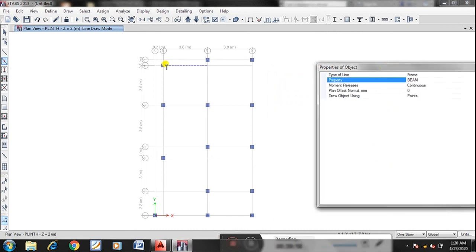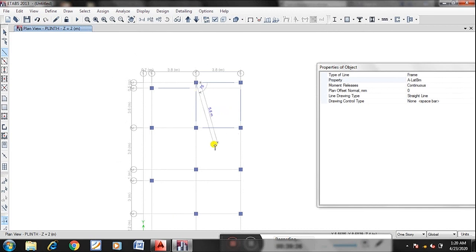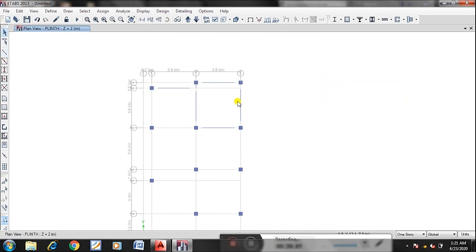So here I want beam. Or I can choose this one. We are doing it for only one story.